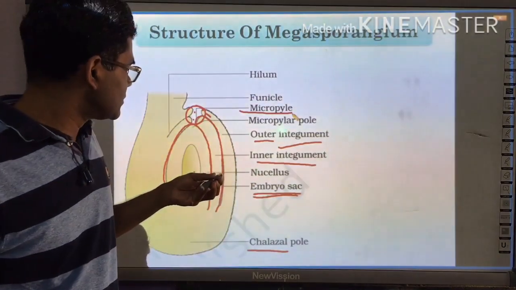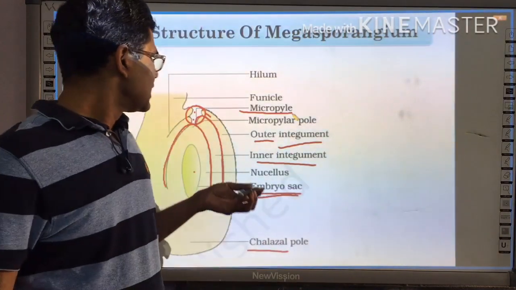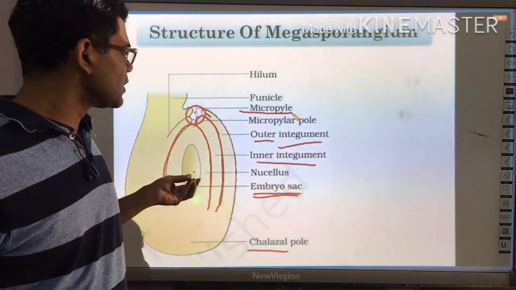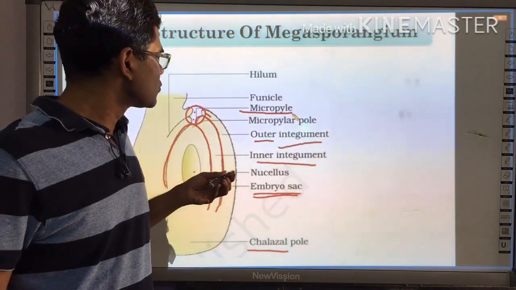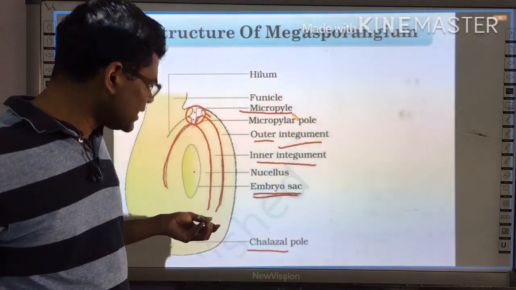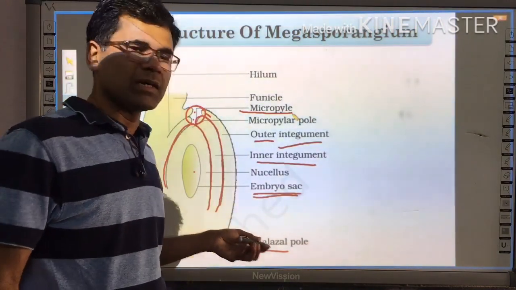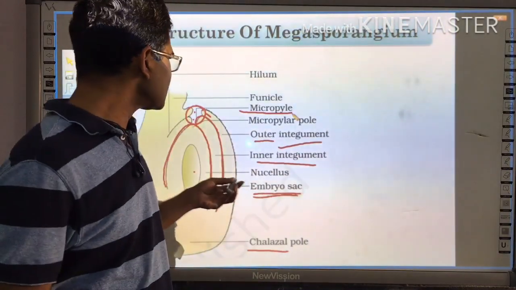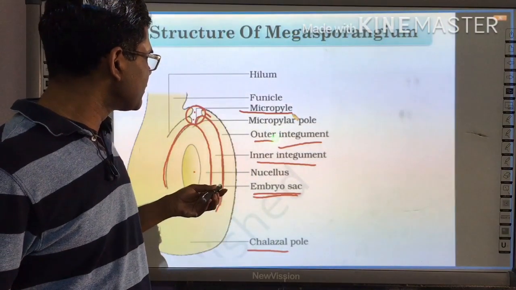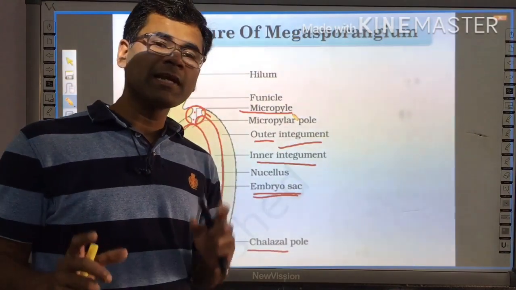They are very important. When we discuss fertilization, in most cases the pollen tube enters into the embryo sac through the micropylar pole. In a few cases we will also study that fertilization takes place through the chalazal pole, but in most cases it is the micropylar pole. So this micropylar pole and chalazal pole both play a very important role in defining the polarity. One more thing, let me tell you,